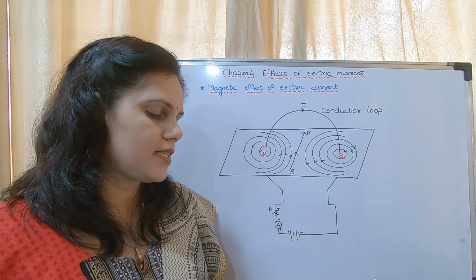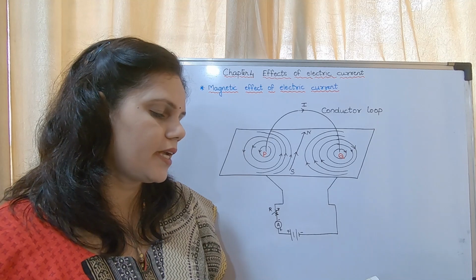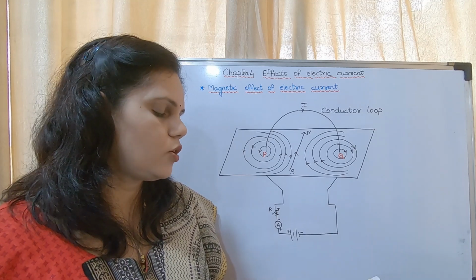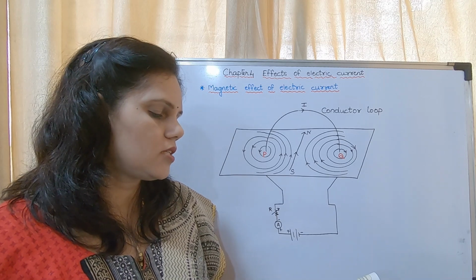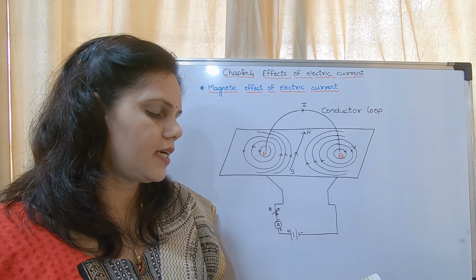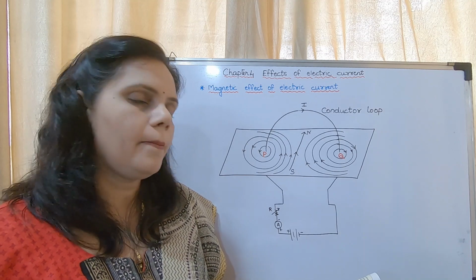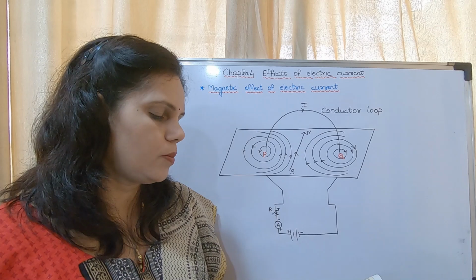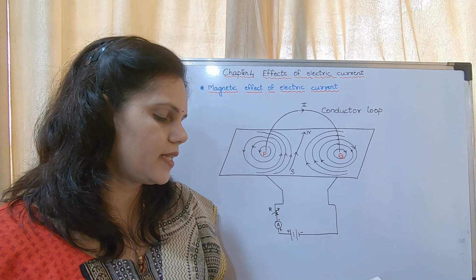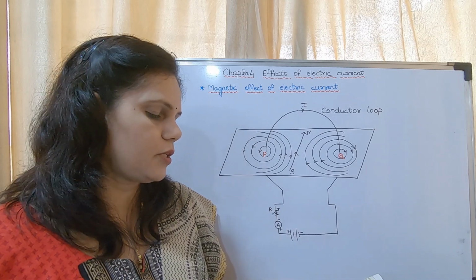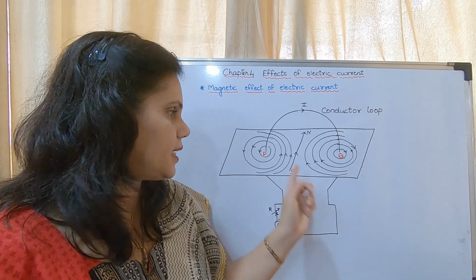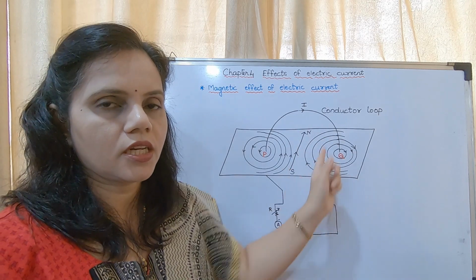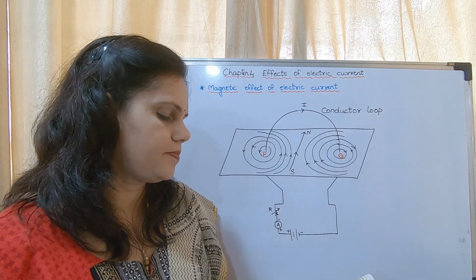If the current passes through the loop, the magnetic lines of force are produced at each point on the loop. As we go away from the center, the concentric circles representing the magnetic lines of force will become bigger and bigger. As we go towards the center of the loop, the circle becomes so big that its arc can be shown by a straight line. That is this straight line. As the distance increases, the size of the circle goes on increasing.